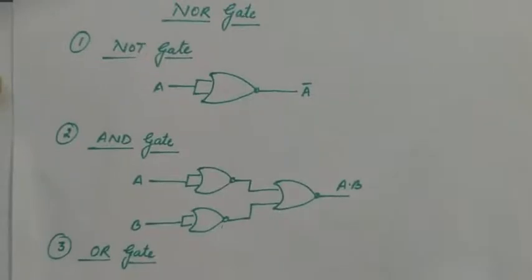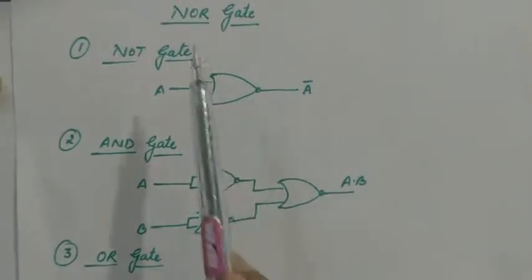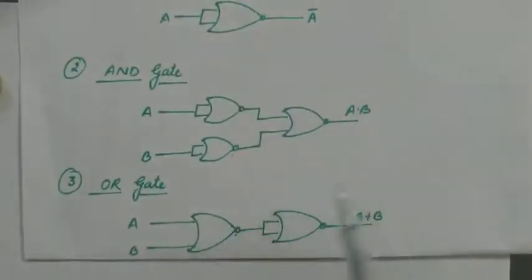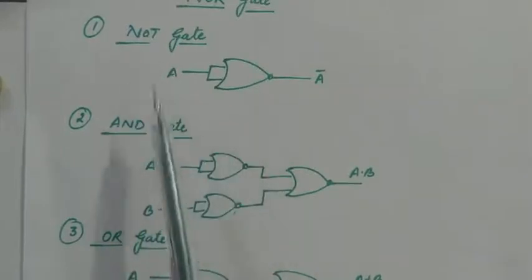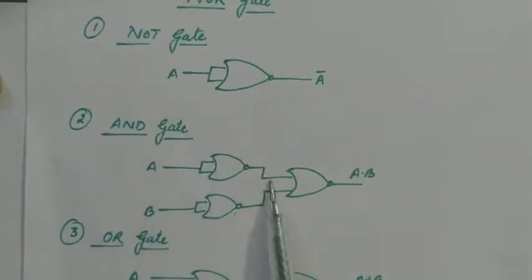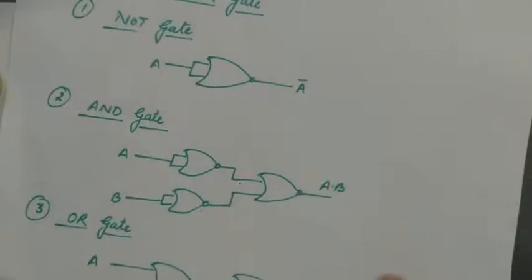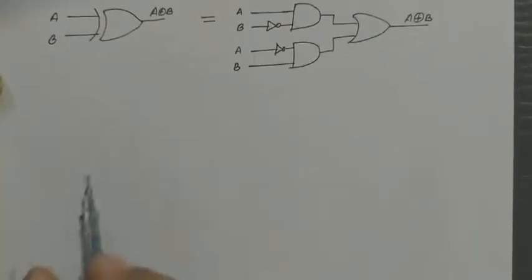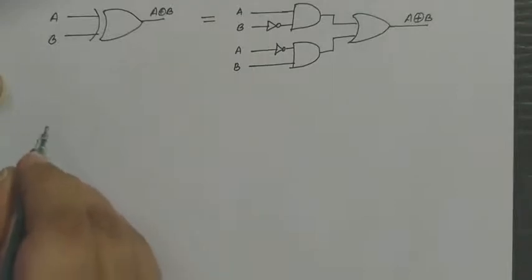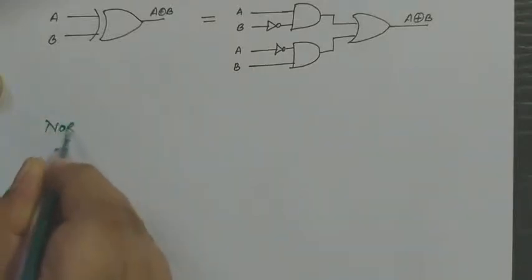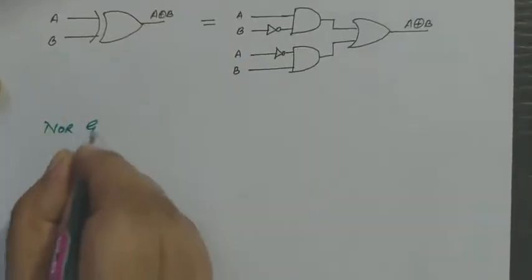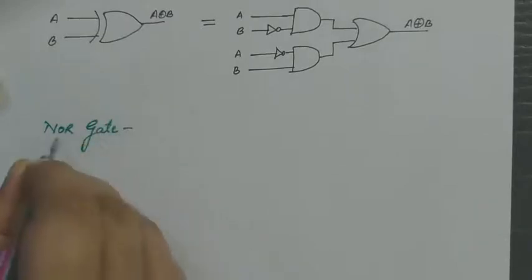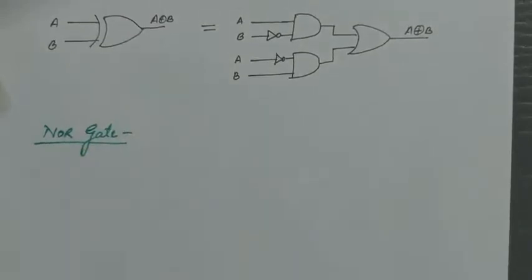See, we have already done the representation of these basic gates through the NOR and NAND gate. So we will replace these NOT gate, AND gate and OR gate by these universal gates. So one by one we will make the circuit diagram. First we will make the circuit diagram using the NOR gate. So we will make the XOR gate using the NOR gate.